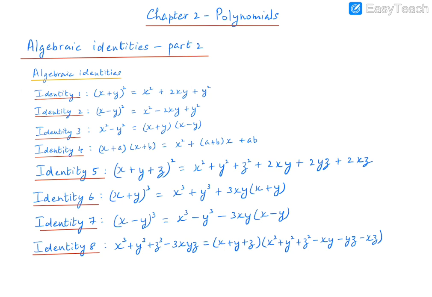So previously we had only binomials. We had only 2 variables involved, and the highest degree was also 2. There are only 2 variables, x and y, and the highest degree is 2, so it's x squared, y squared, and so on. So the fifth identity is of degree 2, but it involves 3 variables, so it's a trinomial. So far we have seen only binomials, so now it's a trinomial whose power is 2, and then we